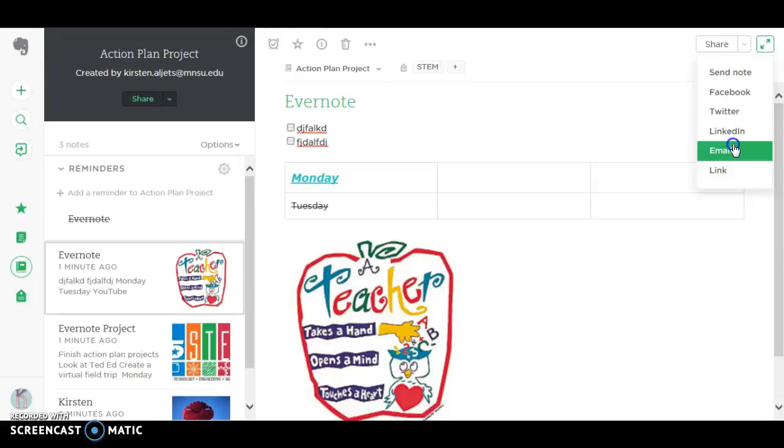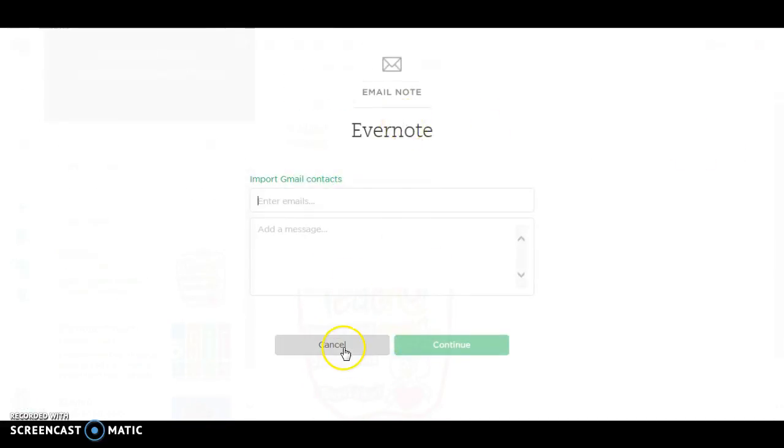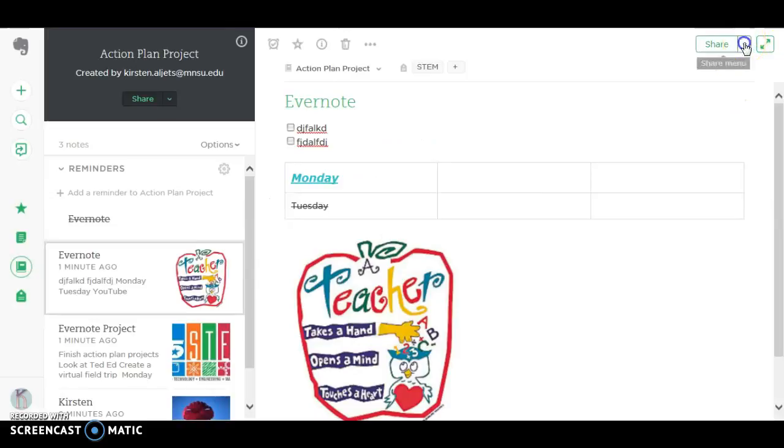You can share by email. You could also share your notebook on many other sites like Facebook, Twitter, LinkedIn, stuff like that. So that if students are using this in a classroom and they want to share it out, they can do that pretty easily, which I think is a pretty unique tool. And they can also share it with you through email or anything like that, so that way the teacher has access to their notebooks as well. And then finally,